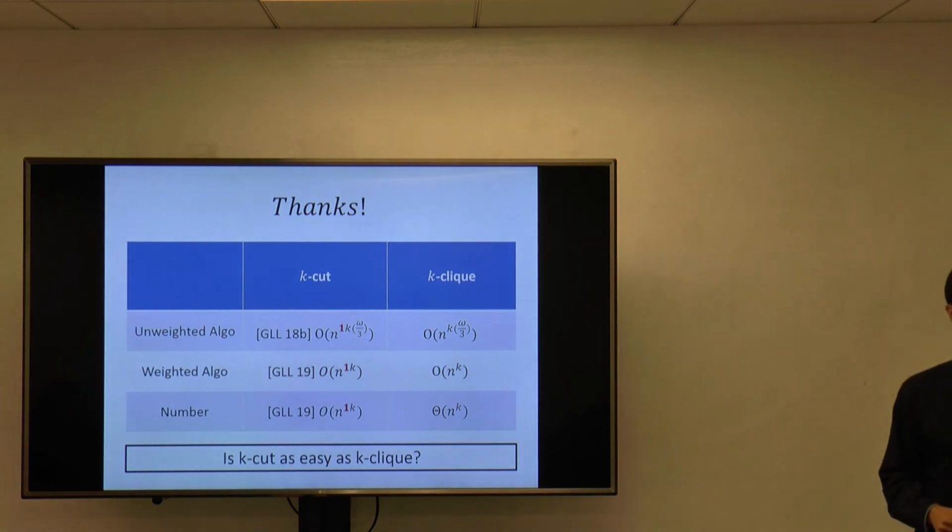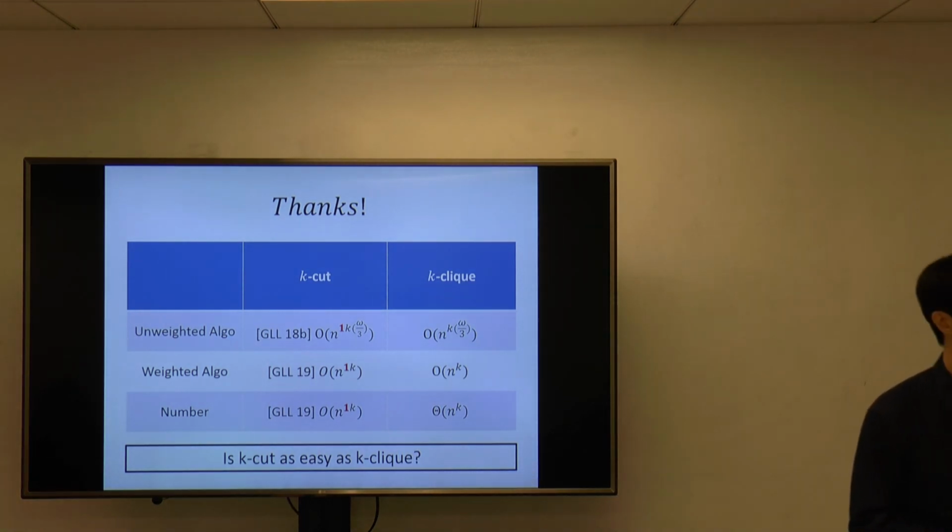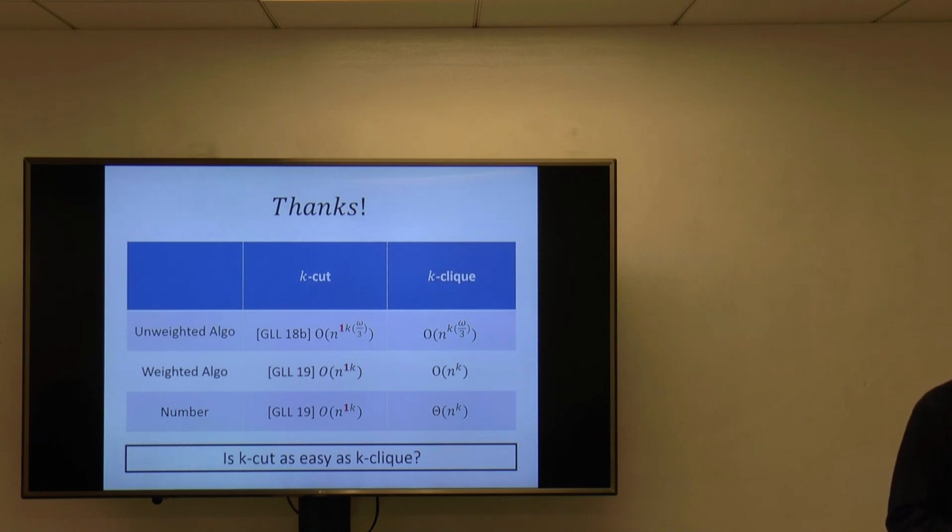Question? So can you say anything about the proof for n to the 2.75 in the case where the sets are non-uniform? Yeah, I think, yeah, it's,